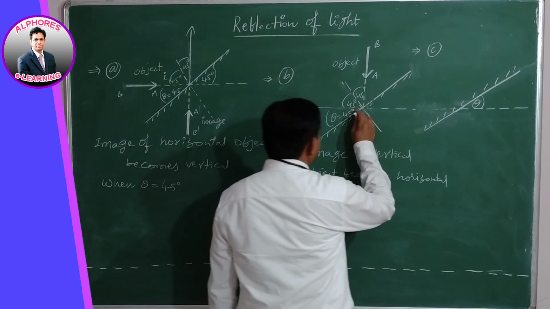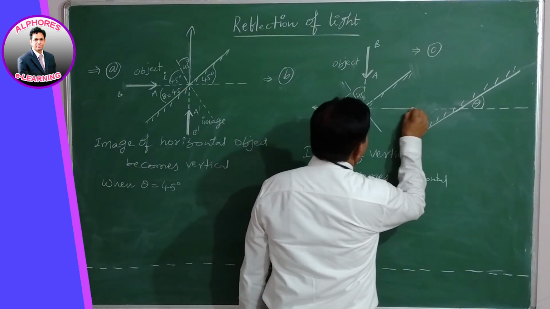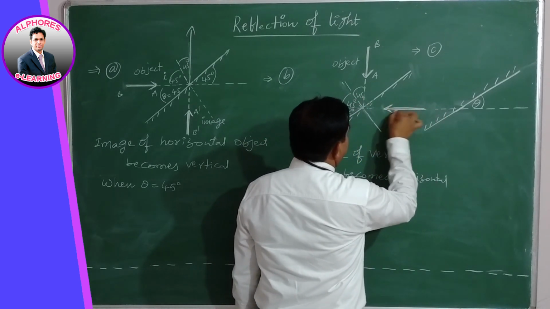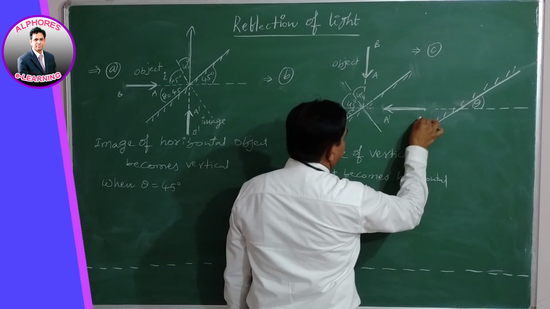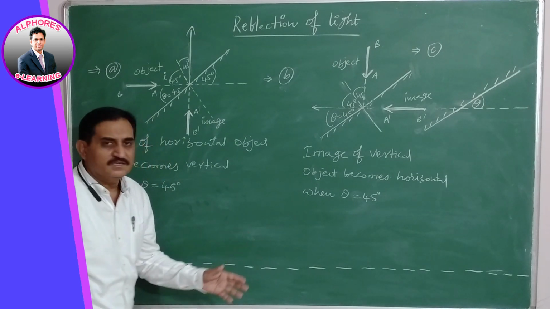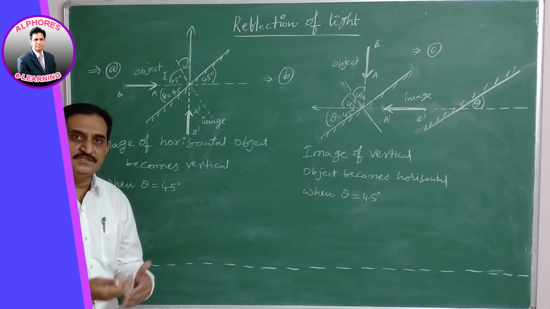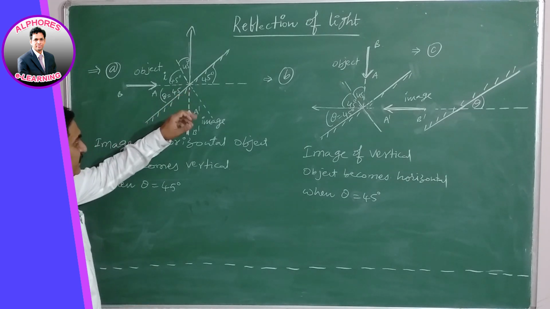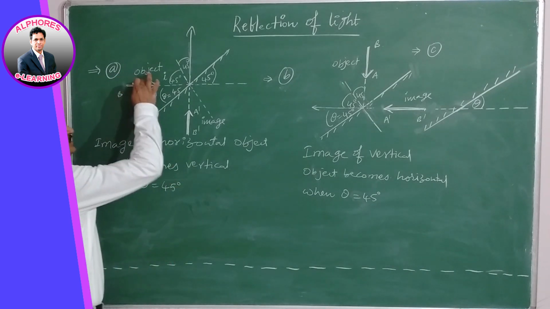As a result, it gives a virtual image, therefore this reflected ray is extended back, which gives the image over here. This is the image of this object. This is the object, this is the image, A dash and B dash. So here also we can see it's very simple by taking the reflection. The angle of incidence and angle of reflection are equal according to the law of reflection. Based on that, whenever the reflected ray is extended back, we get the corresponding image of the object.